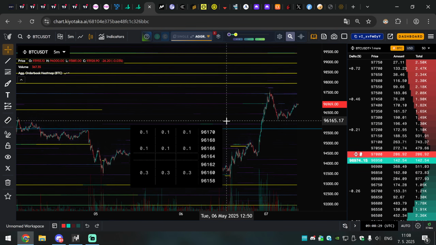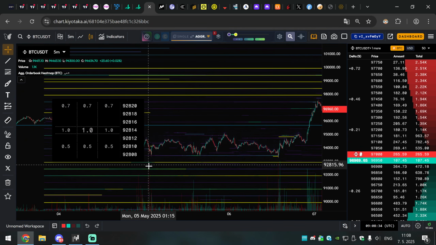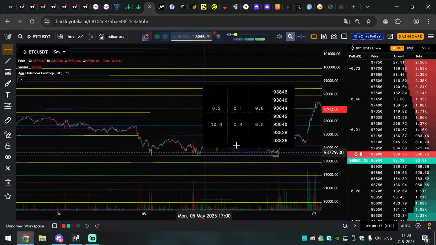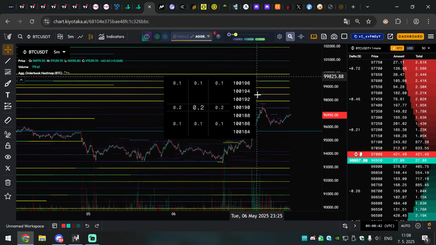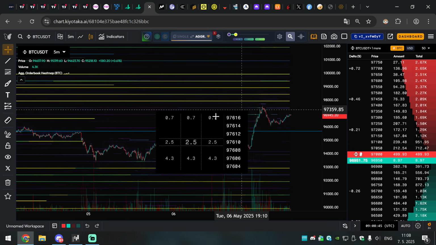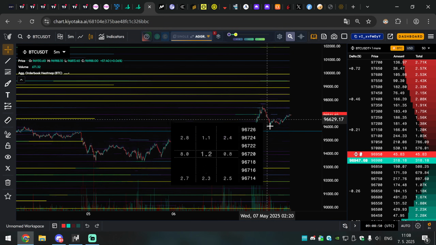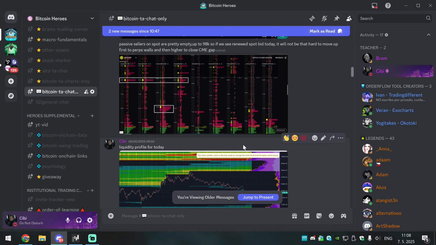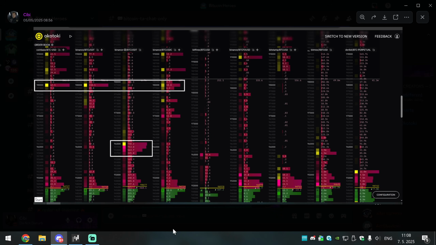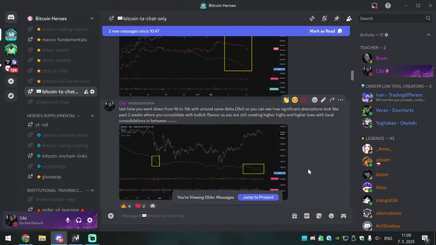Okay, but I want to show you with Kiyotaka again, as we see, these walls providing support, market forming a range above them, and now even when we pushed, we will need a lot of big volume to actually continue higher. Now major spot walls are here, so the market could be consolidating into the range. Some Asia traders already were selling. It was also time for take profit. So I just want to show you how with order books you can predict areas of resistance or interest. You can see here 98k defended, so it was Monday. Another interesting thing,